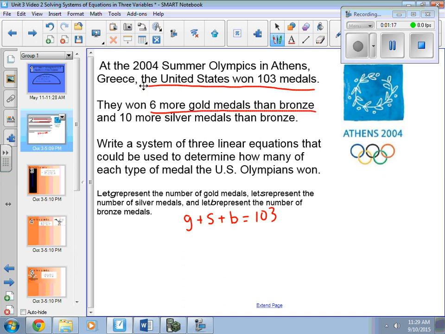Okay, so if we want to make those equal, gold medals and bronze medals, there's more golds than bronze, so if we want to make them equal, we need to add 6 to the bronze side, and then they're equal to each other. But then it goes on and says also 10 more silver medals than bronze. So if we want to make silver equal to bronze, there's more silver. So to make them equal, we should add 10 to the bronze side to make them equal. Now we have 3